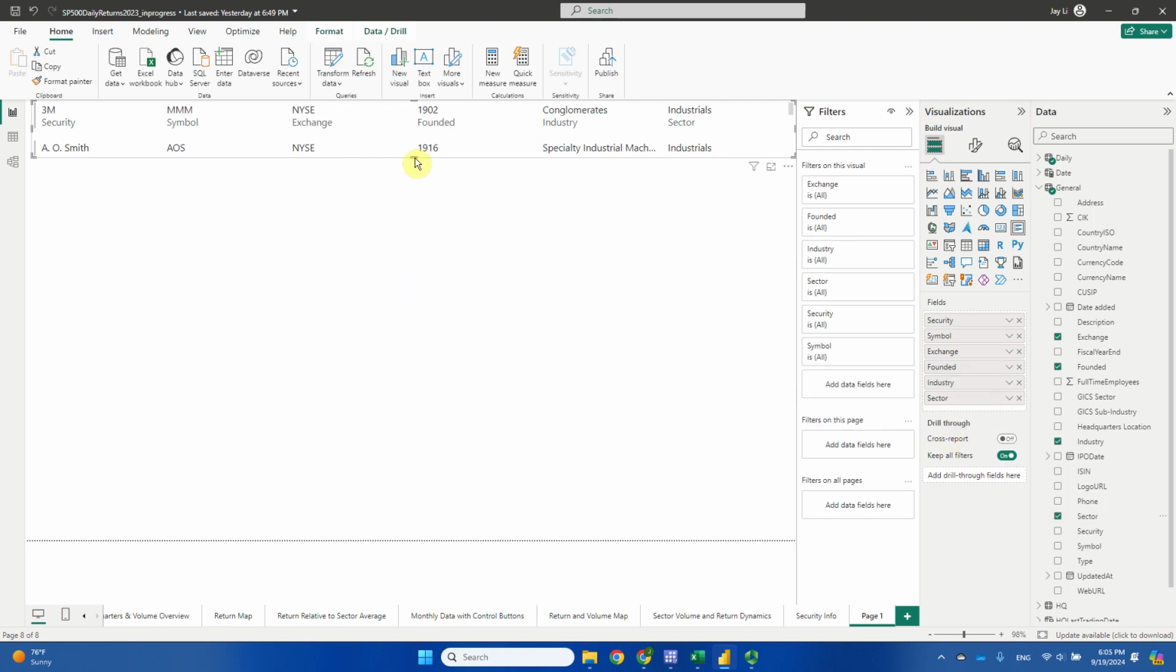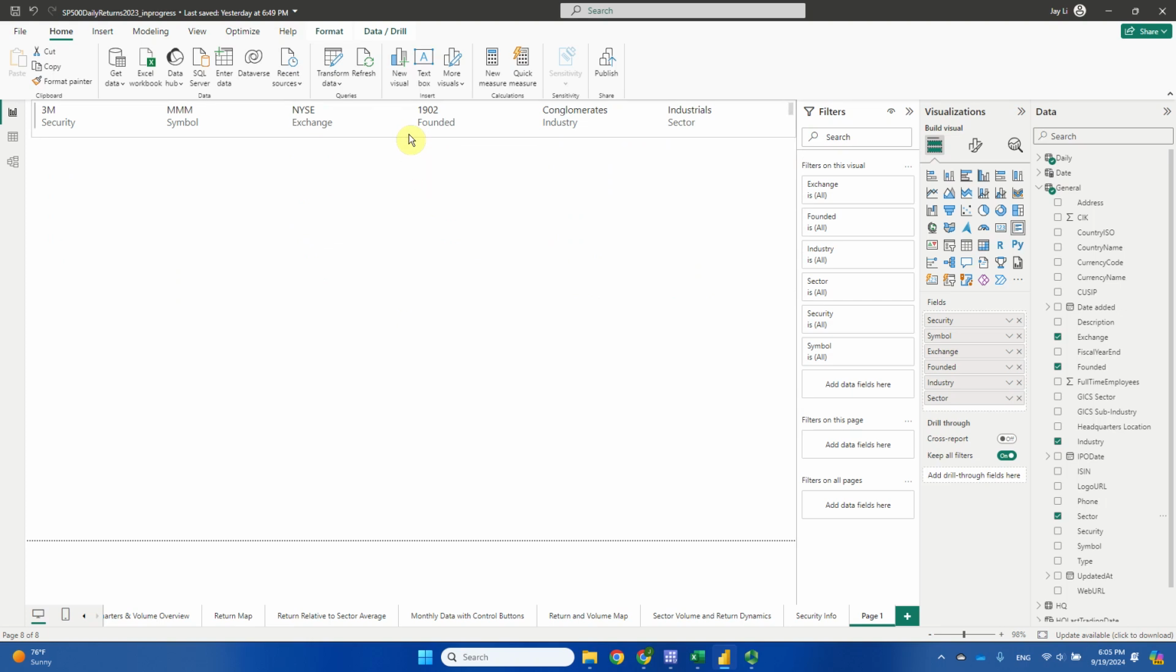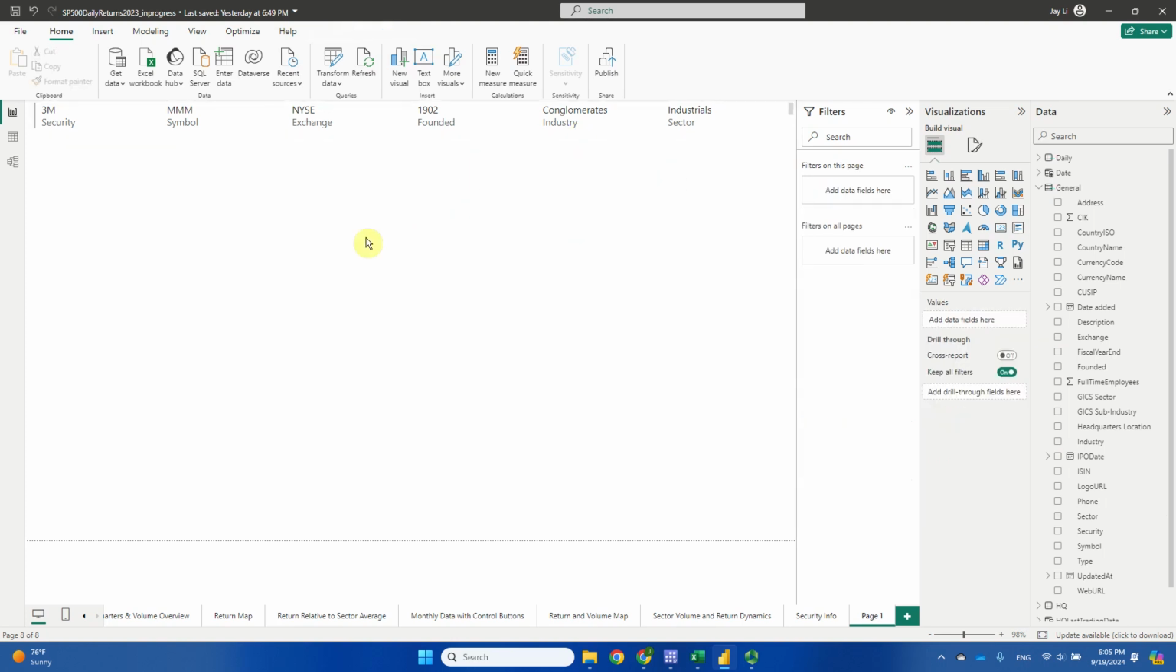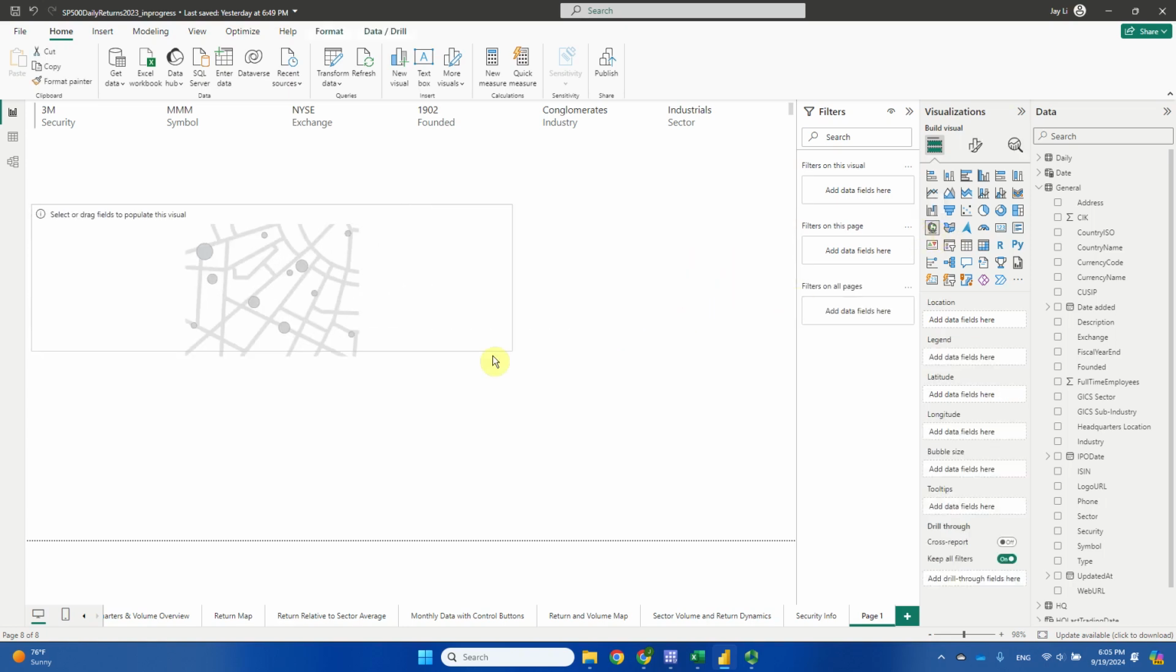If I expand this larger, you will see I have the basic information for each different security: 3M, A.O. Smith, Abbott. I want to actually just show one row, and that's going to be fine. Next, I'm going to introduce a map which shows the headquarters location. So I'm going to click outside the existing view, and click on the map view. So now I will have a map